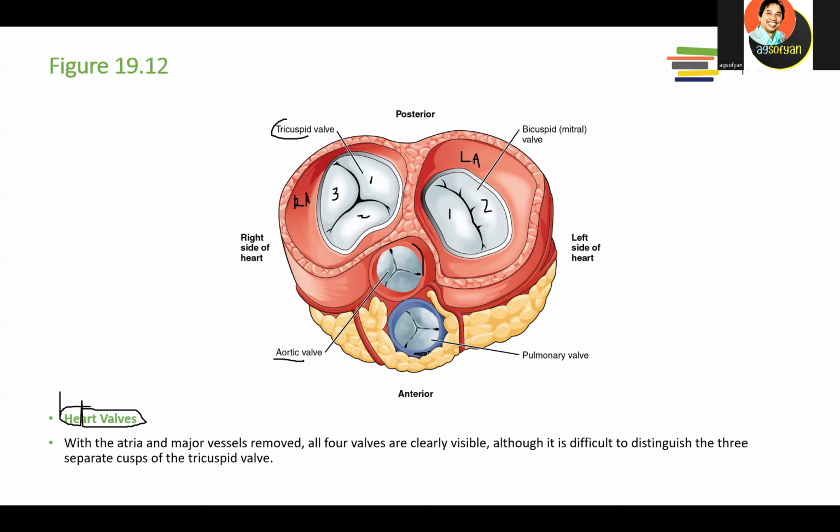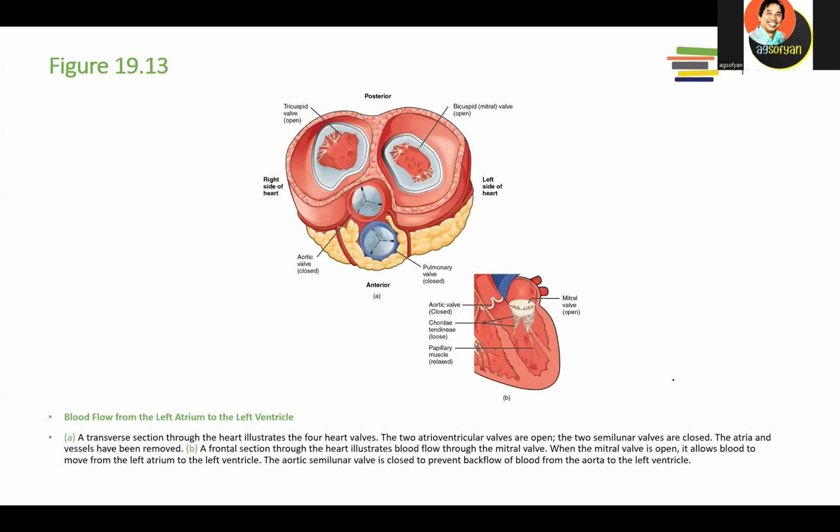There is another valve over here that connects the right ventricle with the pulmonary trunk. So this vessel over here is called the pulmonary trunk. This is the one that brings the blood to the lungs, left and right. It will branch into left and right. So this valve, because it is between the right ventricle and pulmonary trunk, is called the pulmonary valve. Okay, so these are the four valves located in the heart.